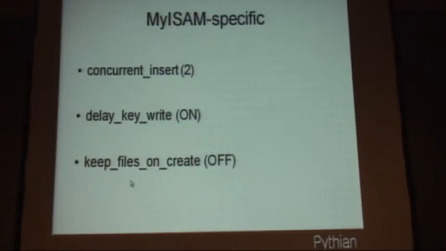But if you have this kind of a problem, if a .frm file isn't present, then it will overwrite any MYI or MYD files when this is set to on. Otherwise, if it's set to off, which is the default,